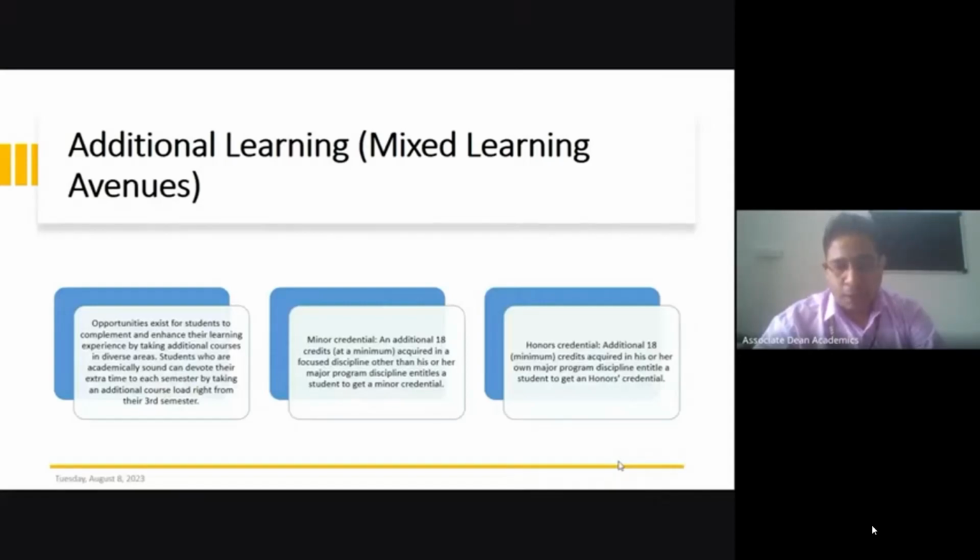For an honors degree you have to earn an additional 18 credits from the program elective category, other than the 15 credits which are already part of your curriculum. Then you will be eligible for the honors degree.